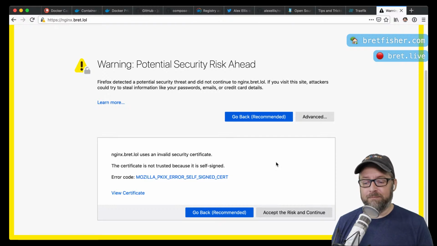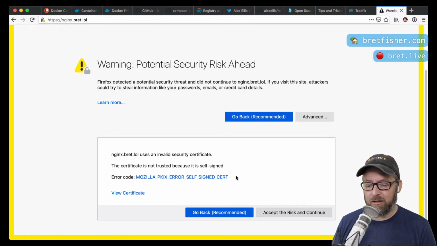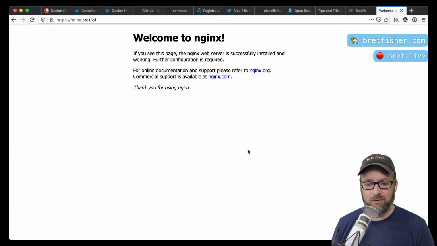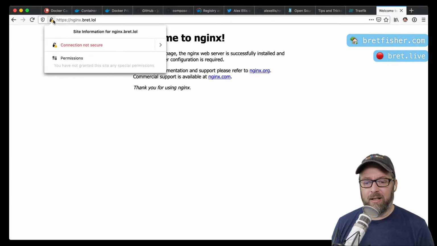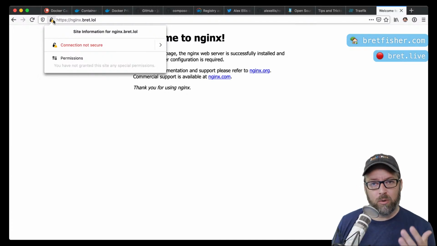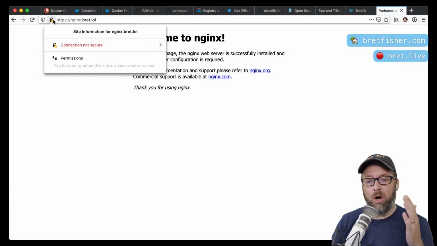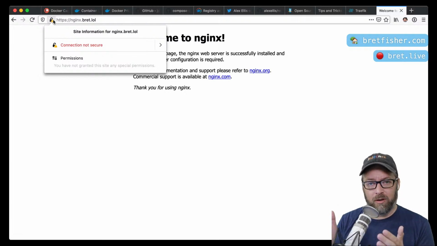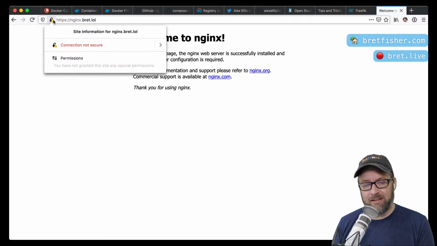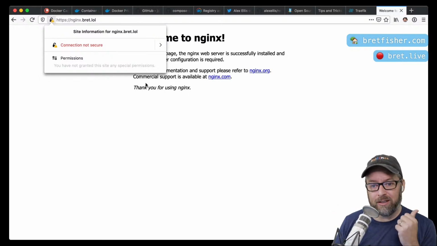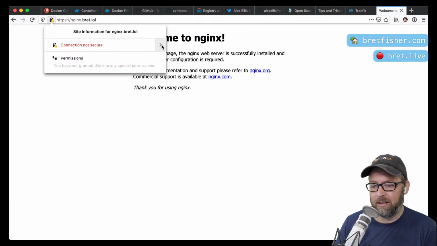But for temporarily, notice how it's just saying the error code is a self-signed certificate. So temporarily, I could just say accept the risk and continue. I get the little warning. But eventually, what you want to do is add this into Firefox and your other browsers. If you're using a Mac, for example, Chrome and Safari both use the host's key store, the keychain in Mac. So if you add it to Mac keychain, I did that last week. If you watched last week's episode, I did that already.